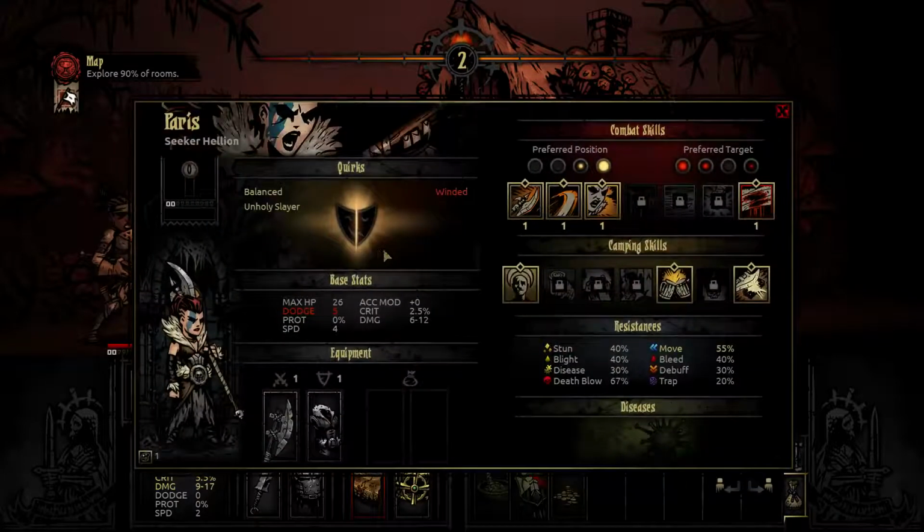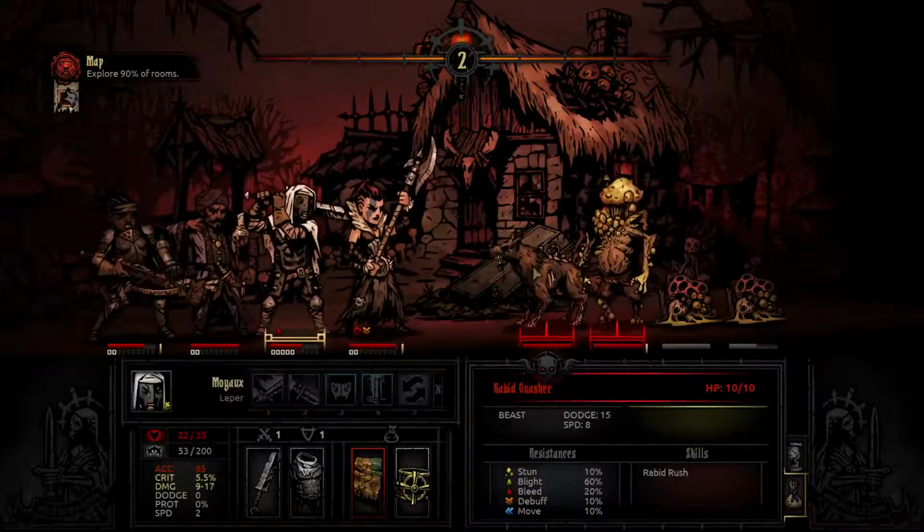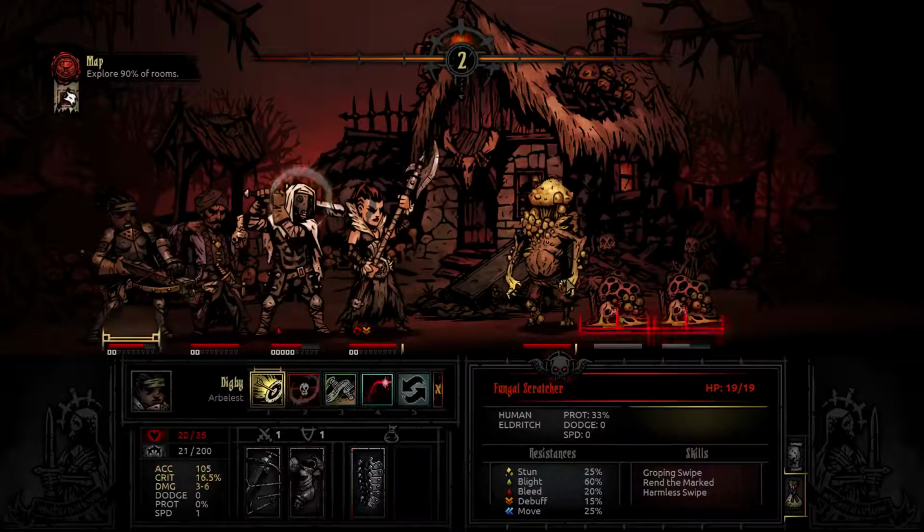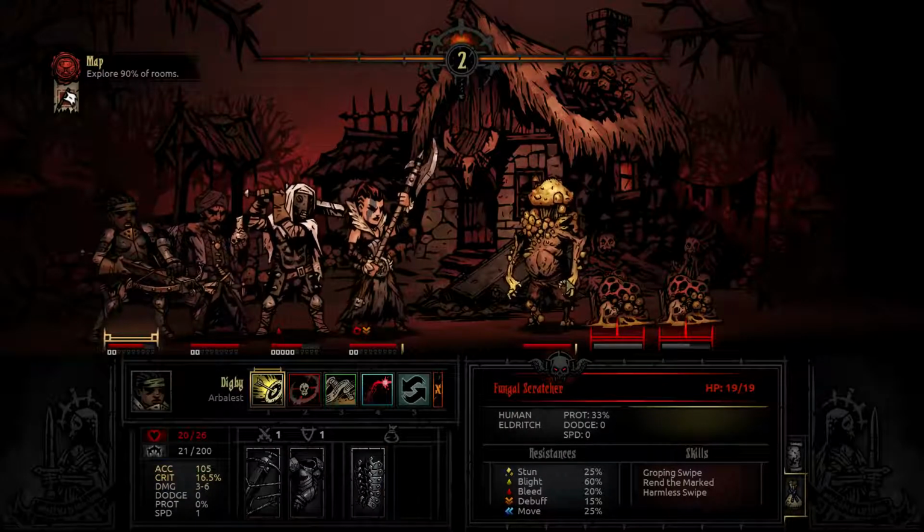Did we didn't bring a... Oh no, she has Yawp. Okay, yeah, we have a stun. So let's go ahead and drop the dog. If she goes before the fungal dude...